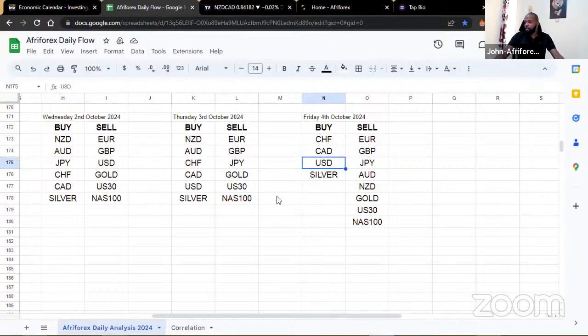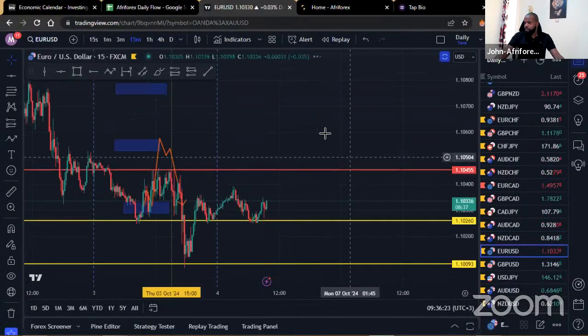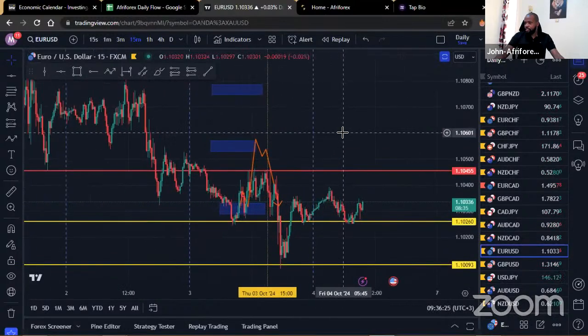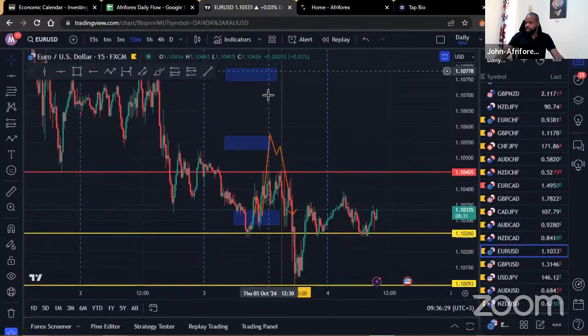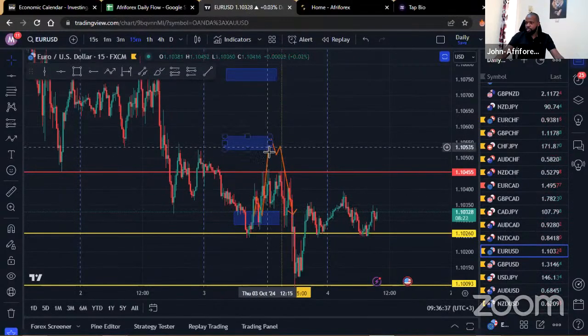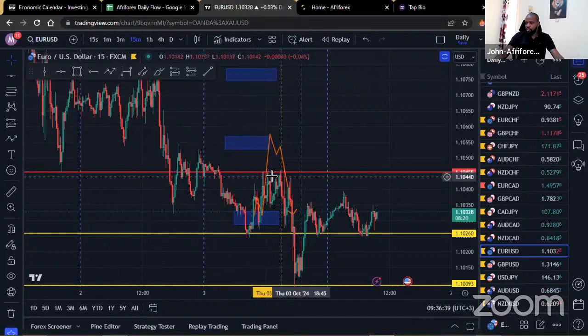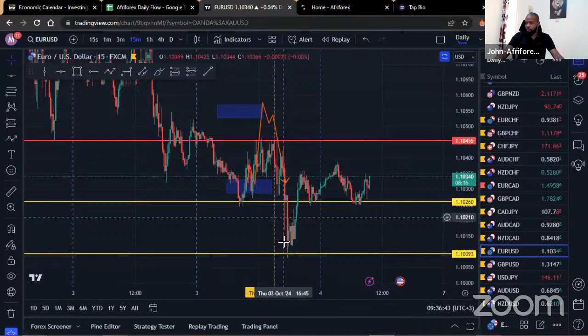We're going to mix and match them up with everything, the USD with everything on the sell side. So we'll start off with the euro against the US dollar. So for this one, yesterday, we were trying to see whether we could have gotten some selling opportunities. And you can see the three regions right there that Mitch had pointed out. In the morning, price was here. We were expecting maybe price could have just come back in within this region right here. Unfortunately, it couldn't. Seems like there was an SNR here that was good enough for the sellers. And you can see that they pushed the market to the downside of that region right there.